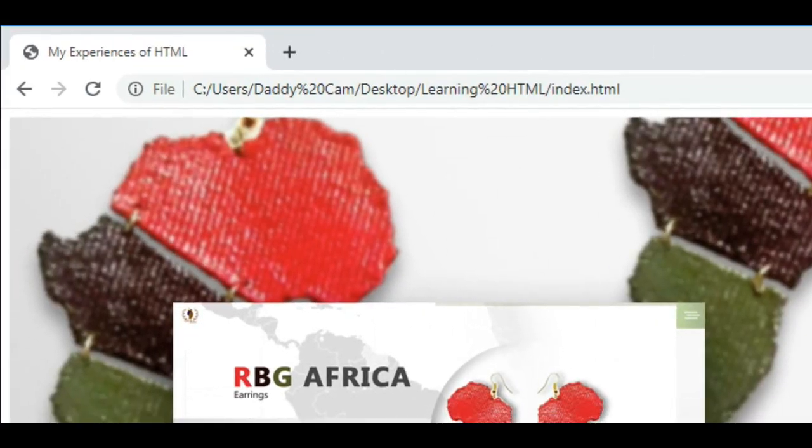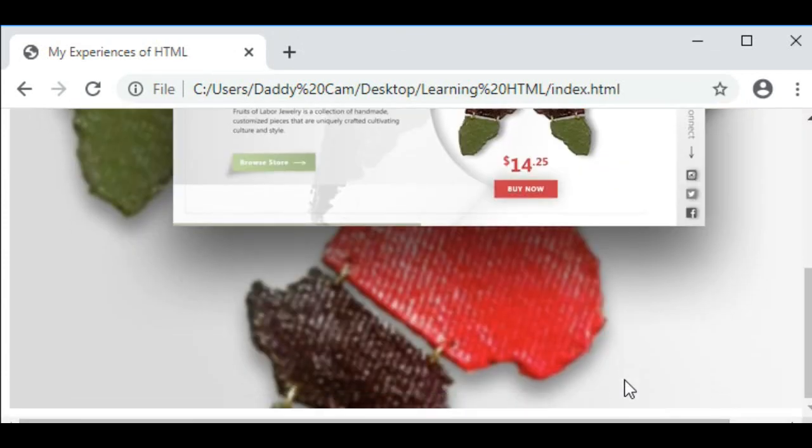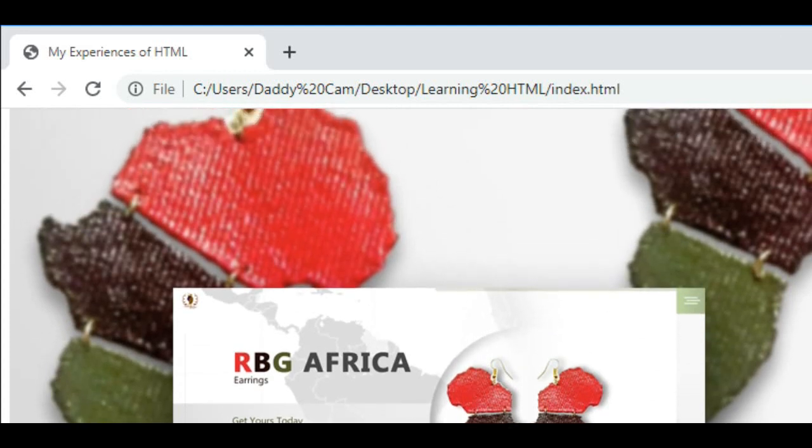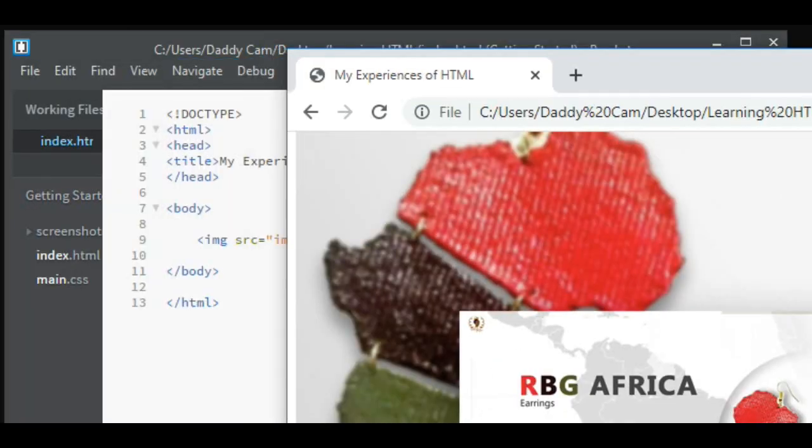Now let me zoom in here so you can see it a little bit better. More likely you won't be able to, but that's the image. It's pretty much full screen. It's a big image, okay? But we can actually size this image by using attributes. So let's go back,